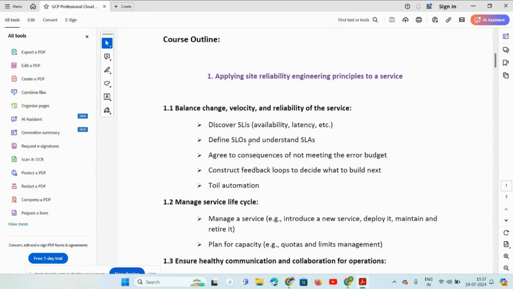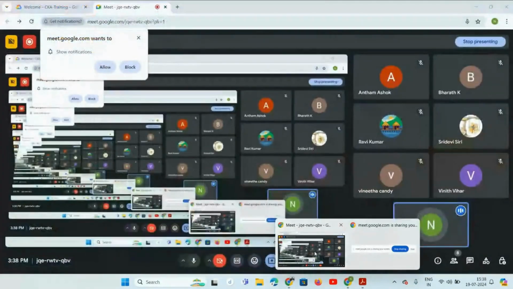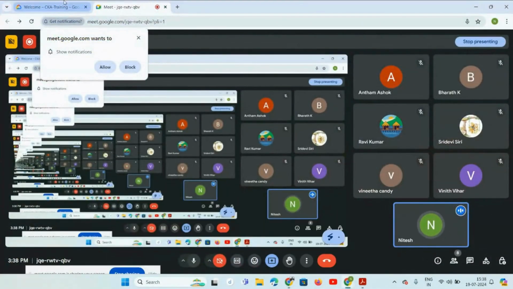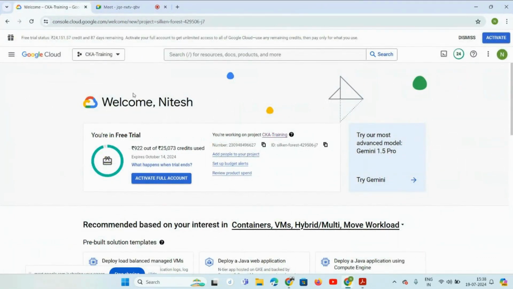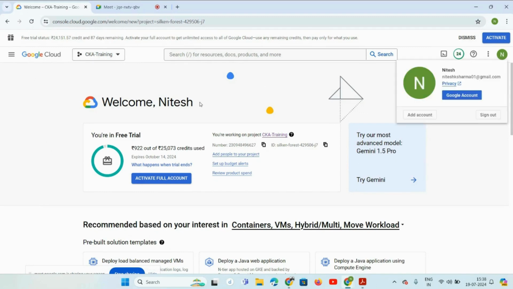And in the GCP cloud, today I will show you a few things: how you actually create this account if you don't have one, what services are available in GCP cloud, what services you can use, how you manage the services in cloud, and what DevOps services are available in cloud environments. For that we have this GCP cloud account, and I have created this as a free trial account. Once we start with the training, I will also show you how you can start with the